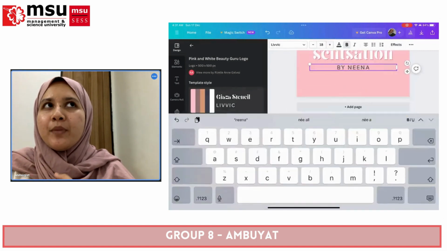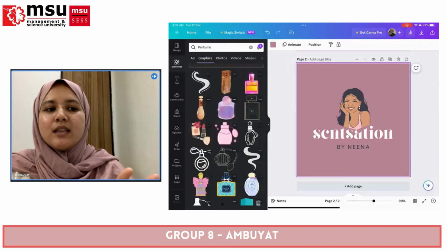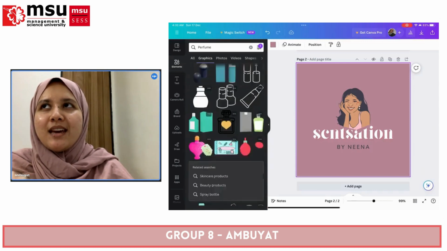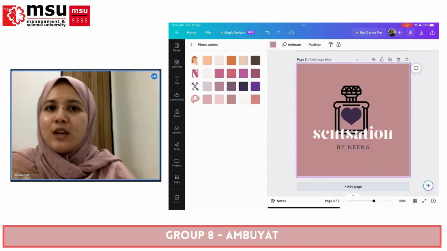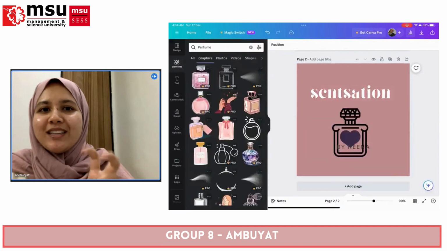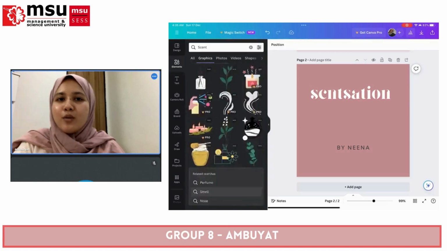What I'm trying to portray in my work is that the business is friendly for men and women. So I try to minimize my girly side, which is why I add more white on the logo.